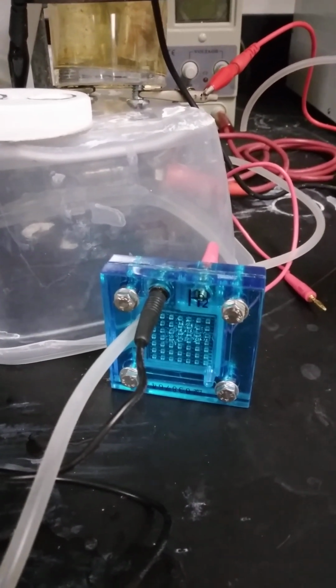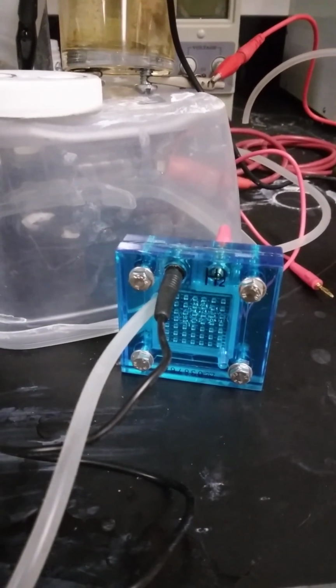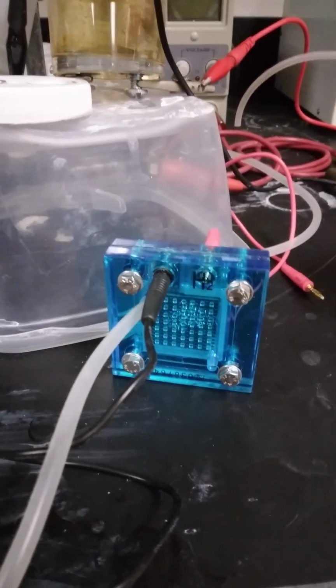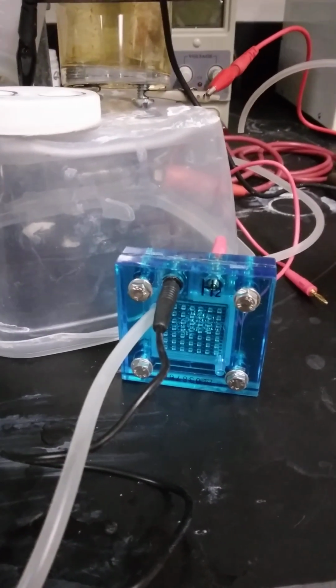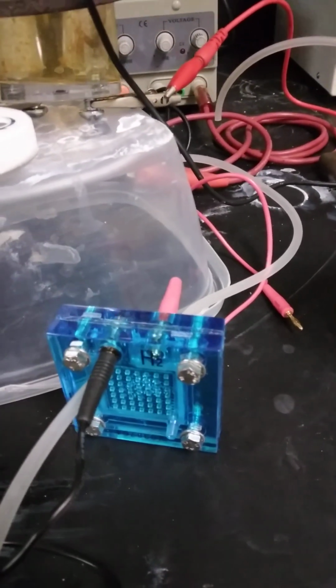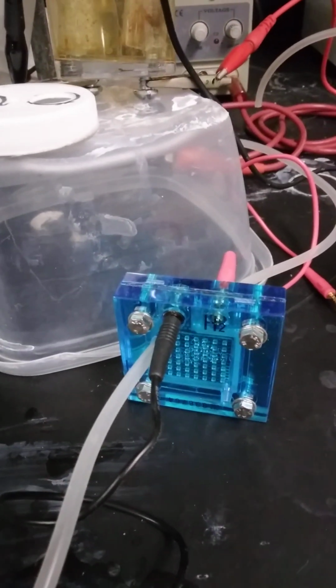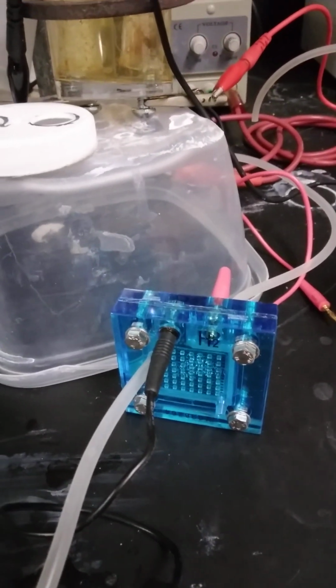And with my students at the undergraduate level, I like to start them off with this before we go to, say, a 25-watt hydrogen fuel cell. So you can see the thin diameter of this tubing. And I simply want to produce hydrogen and oxygen gases that I can feed in so students can see the